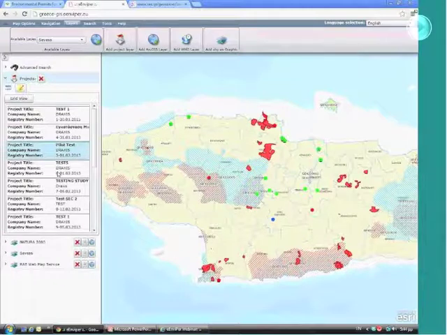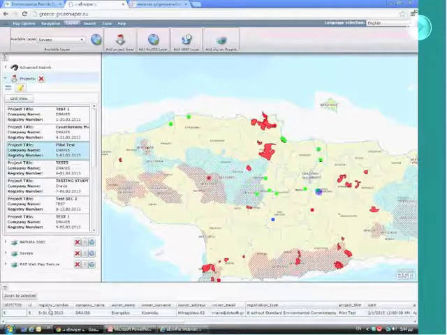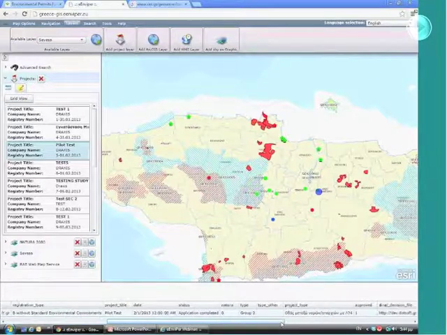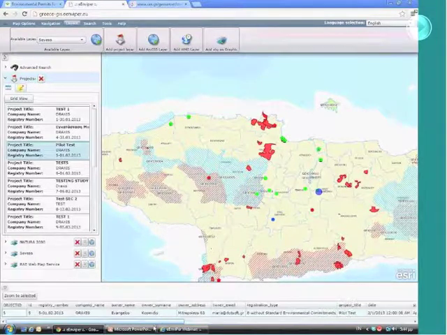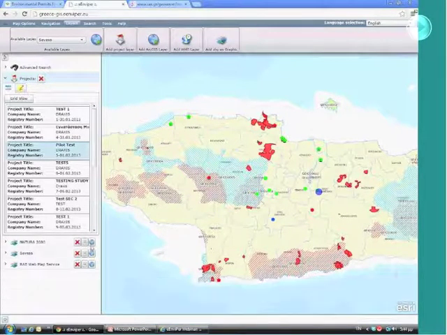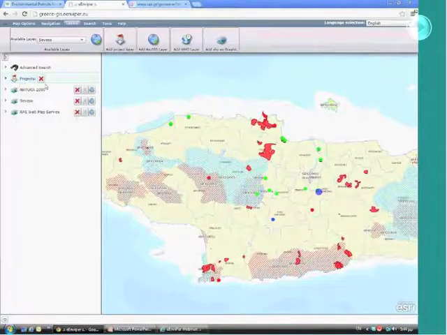Okay, so if I click also in one of those projects, I can see all the data that we have in the database, in the eEnviPer database, about those projects. Now, the most interesting thing is that if you have all this information available in your map, you can start working with this. For example,